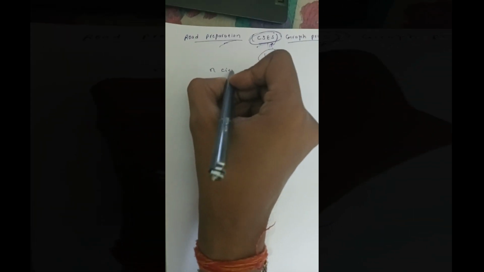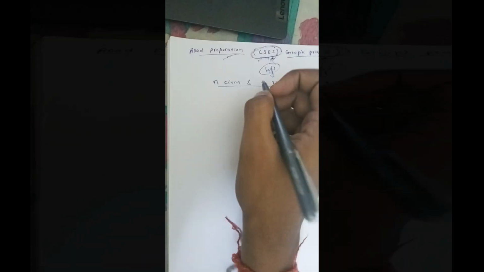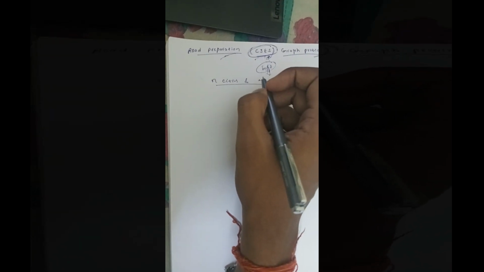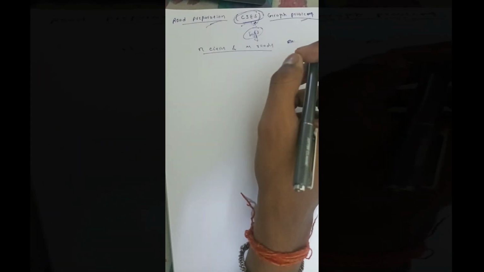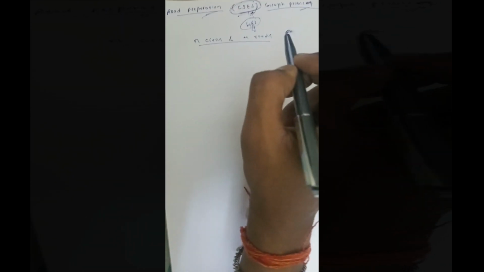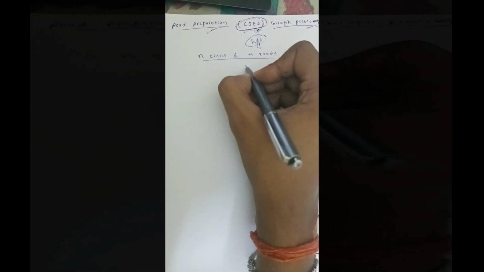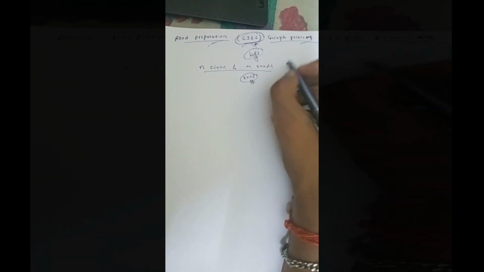The problem statement is like this: there are n cities and m roads. And unfortunately the condition of the roads is so poor, meaning the roads are pathetic, maybe broken, therefore they cannot be used. Your task is to repair some of the roads so that there will be a decent route between any two cities. Basically the roads are broken, damaged, and you have to repair some of them so that there will be a route